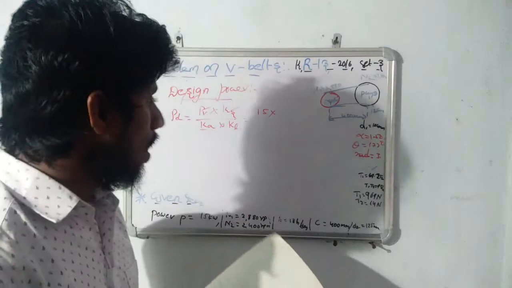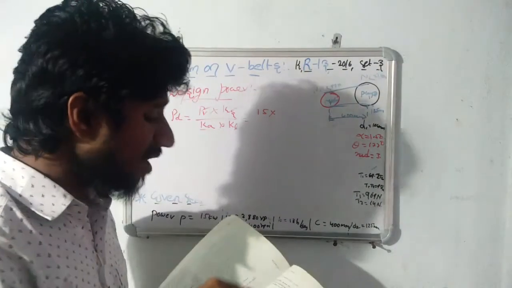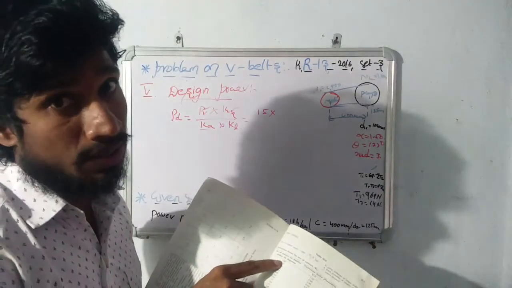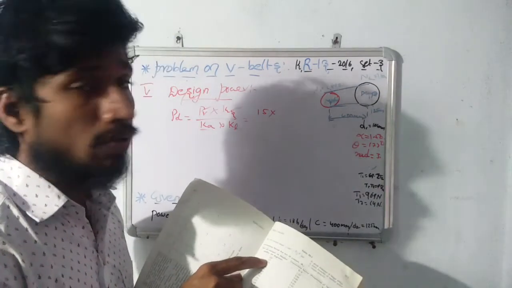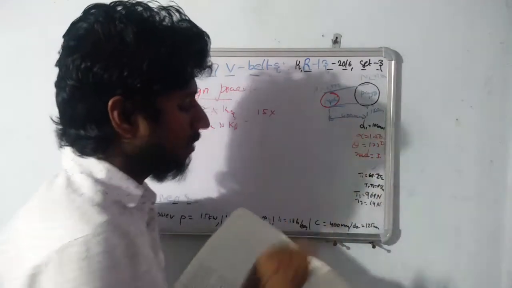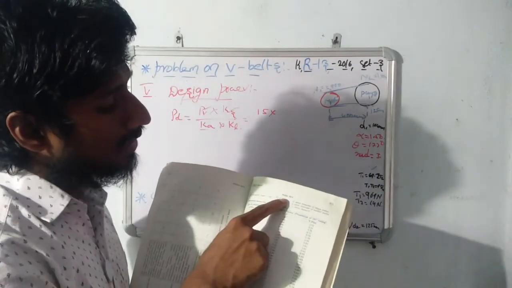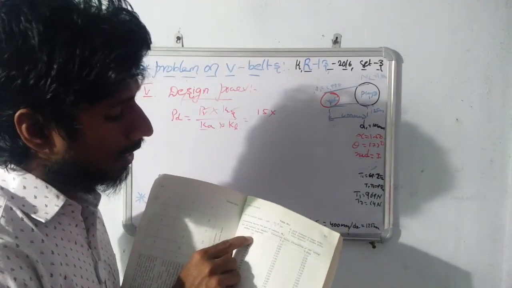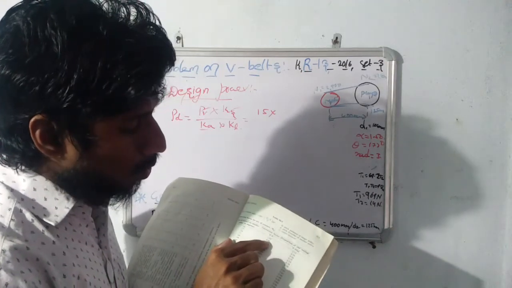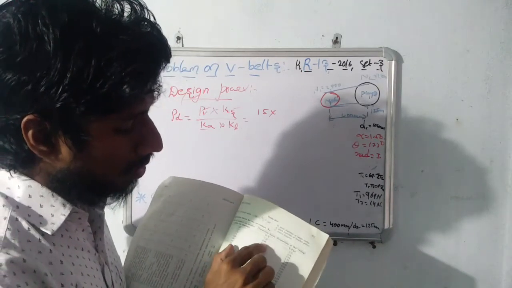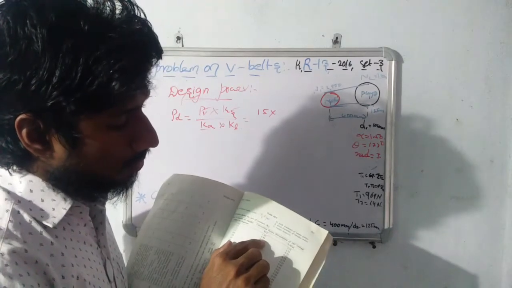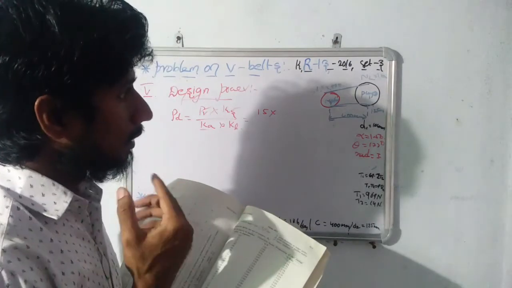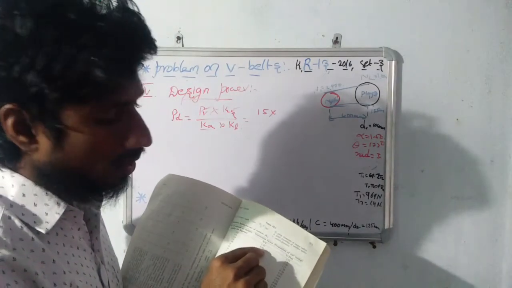And next, how are we going to consider the arc of contact value? In that problem, the value we get here is 177 degrees. Using Table 22.3, with the help of the arc of contact, consider the Ka value. Here we have two types of belts, V and V-flat. For these applications, I am considering the V type.